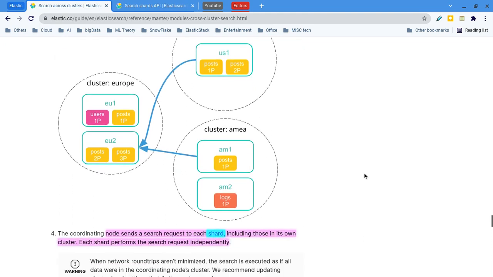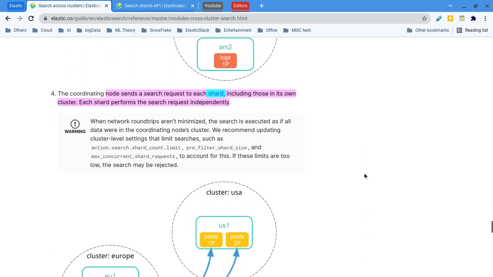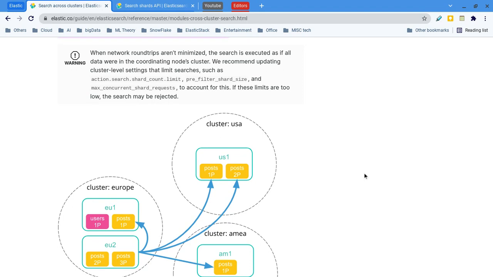The coordination node receives the response and collectively collects the response from each shard and saves it.